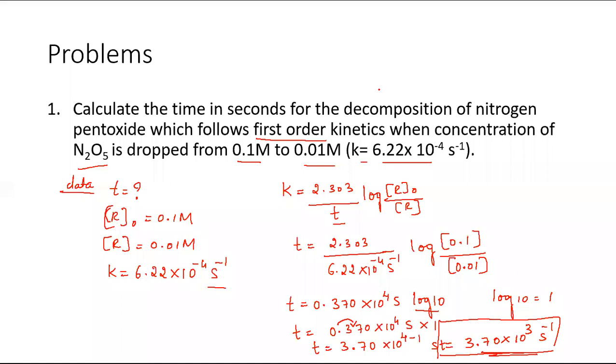My question is, calculate the time in seconds for the decomposition of nitrogen pentoxide, which follows first order kinetics, when the concentration of N2O5 is dropped from 0.2 molar